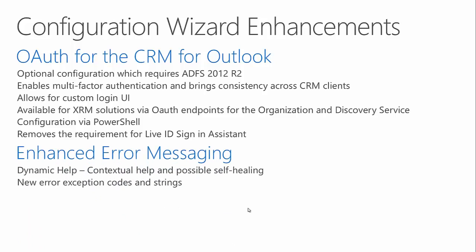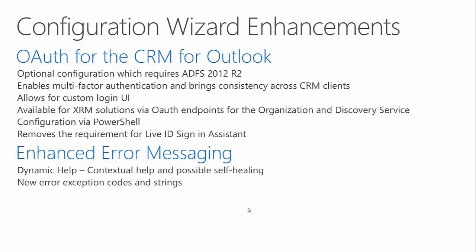And we've also added enhanced error messaging. So the dynamic help that is set up now on the error messages, instead of just getting a static message that says an error has occurred, or contact your system administrator, or you need to look into this information. Now we actually have a link that takes you to a dynamic help page that we can update with contextual help information that we've gathered from other customers, and maybe things that we've seen as different trends